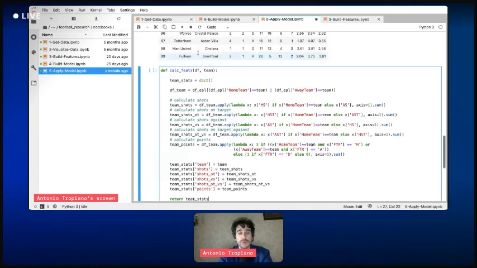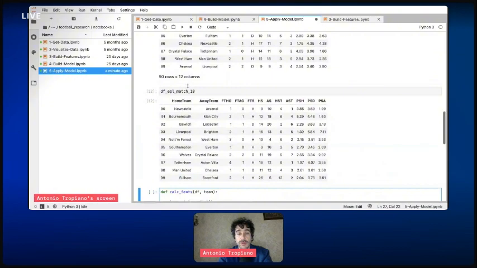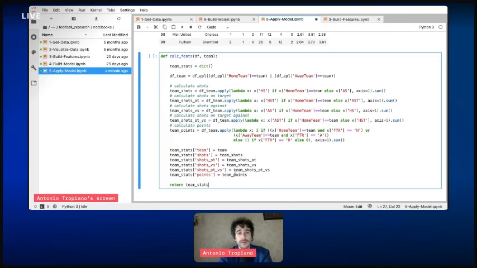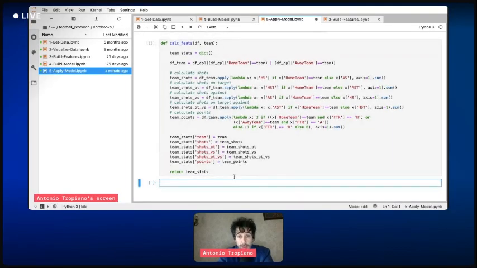We can give to calc_fits, for example, the first 9 match weeks, so we'll get all the statistics for a specific team. We can give it as input df_epl_fix9 and it will give us the output, the stats for the team. So let's apply this function. We can simply do, first of all, we extract all the teams in the Premier League. We can take it from df_epl_fix9, and it'll be